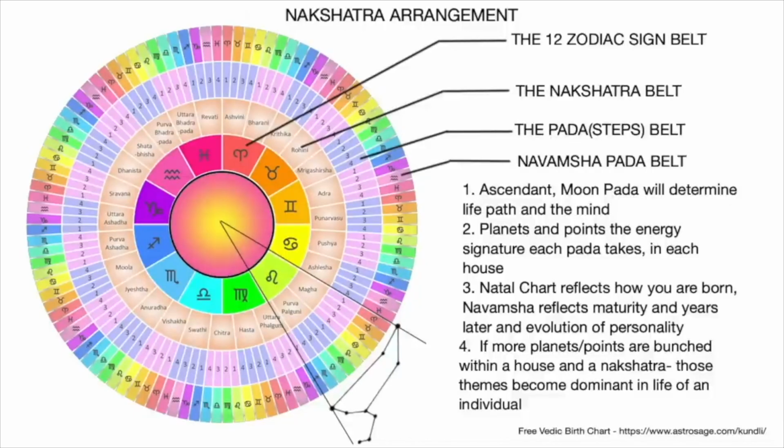Within Vedic astrology, the 12 zodiac signs fall within the domain of 27 constellation types, also called the nakshatras. It is just like zooming into a zodiac sign and into each star within the constellation of the zodiac, and how each one affects the theme and the nature of the zodiac. Like in the picture you see, I've just taken a sample here. Let us say we take a telescope and we focus on the zodiac sign of Leo. And Leo has all those stars which look like that in the night sky.